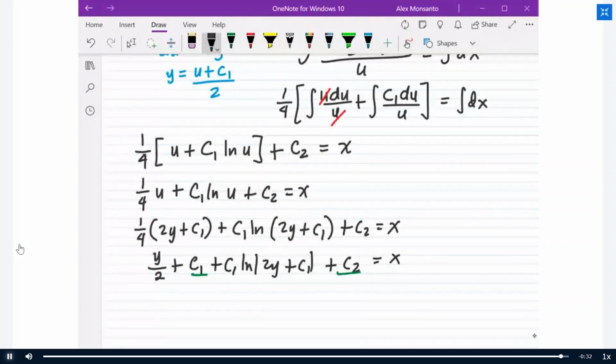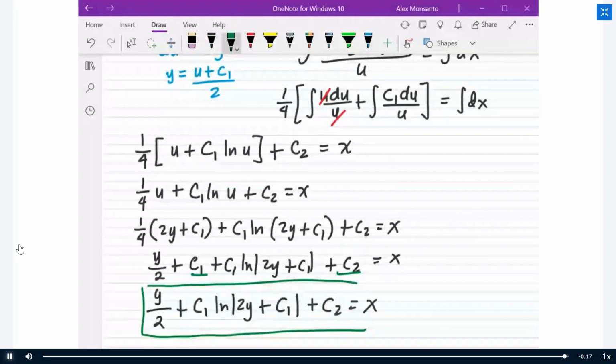Ito, pagsamahin ko lang para maging isang C lang, no? So, I can have y over 2 plus C1 ln of 2y plus C sub 1 plus C2 is equal to x. So, that will be already the final answer for this problem. So, yan po yung pagdating nga po sa mga higher ordered